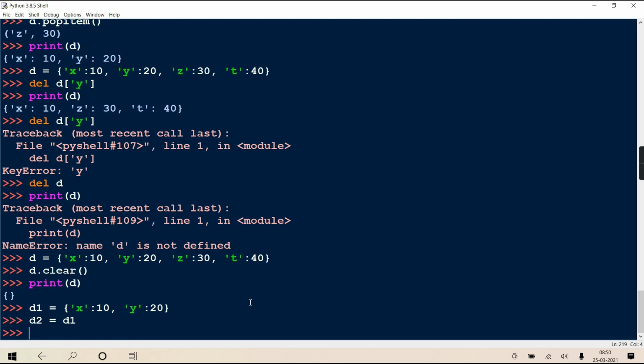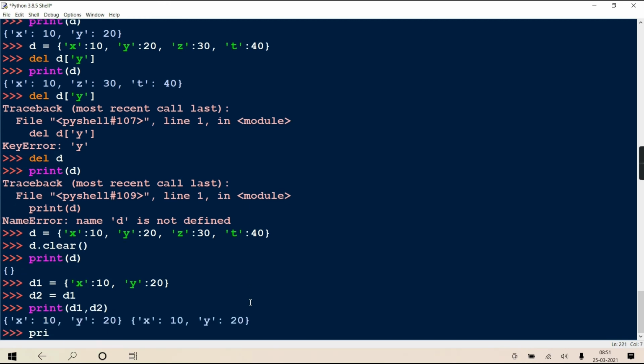Only the reference is copied. So if you print and see both dictionaries, they will be the same. And if you print and see their addresses, that itself will prove that they are one and the same thing.